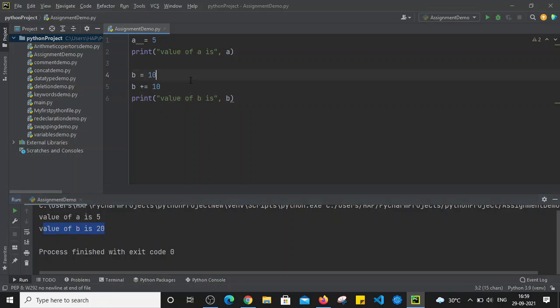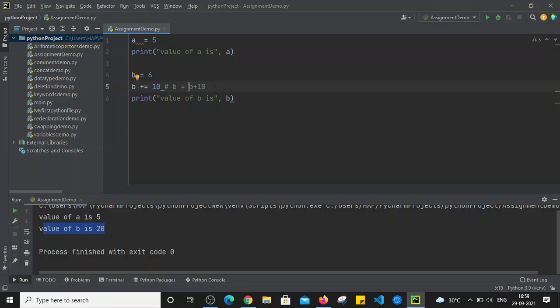Similarly, let's say now I'm going to change the value of b to 6, and here we are assigning the value of 10 plus b. We are adding the value of the right hand side operand and left side operand, and we are assigning the value after addition to the left hand side operand. So this is similar to b = b + 10, right? So it will perform the addition. Now the value of b is 6.